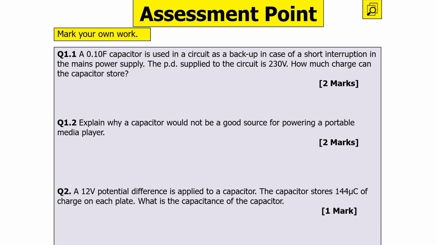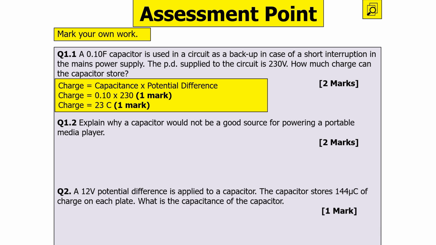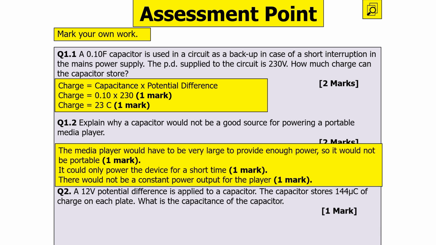Right, in this first question, once again, use that capacitor equation. Q equals CV, so it's 0.1 times 230, which is 23 coulombs. Then it wouldn't be a good source because the media player would have to be very large to have enough power, so it wouldn't be portable. Alternatively, you could say you could only power the device for a short period of time. You've also got to remember that the capacitor loses charge and therefore loses the current it can apply to the circuit over time, so you wouldn't have